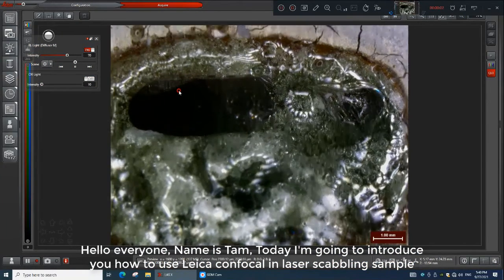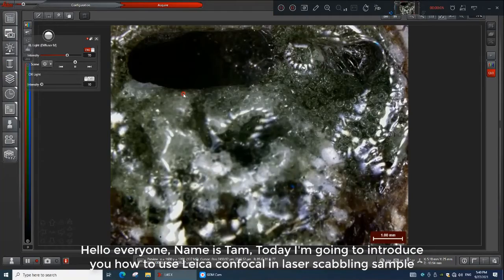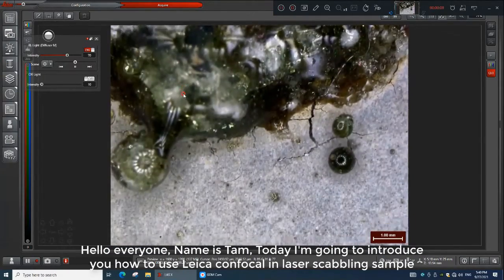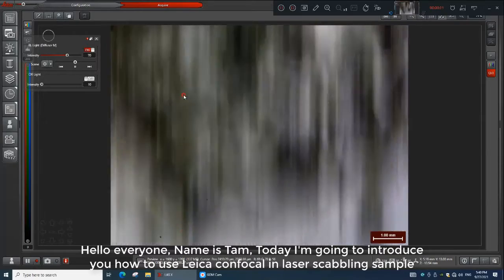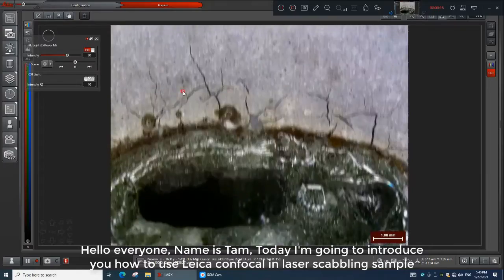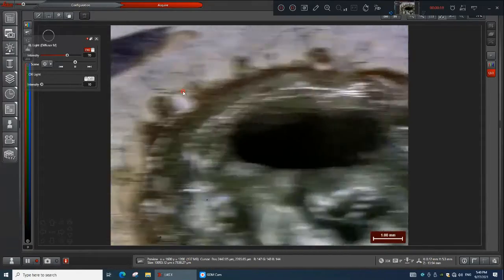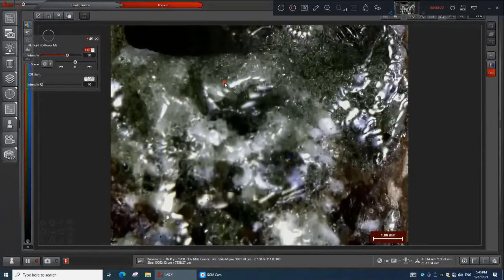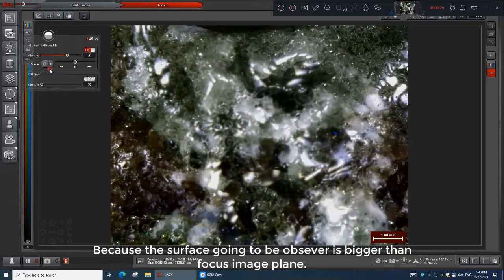Hello everyone, my name is Tom and today I will introduce to you how to use the Leica confocal to observe the 2D surface as well as to read the observation. And first, as you can see here, we are working with the middle